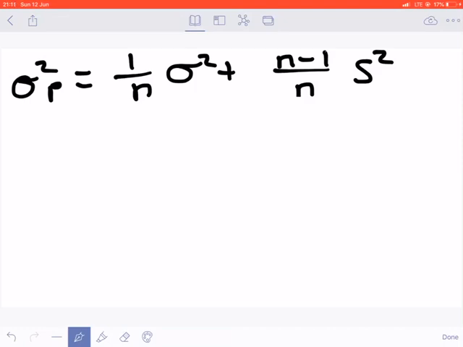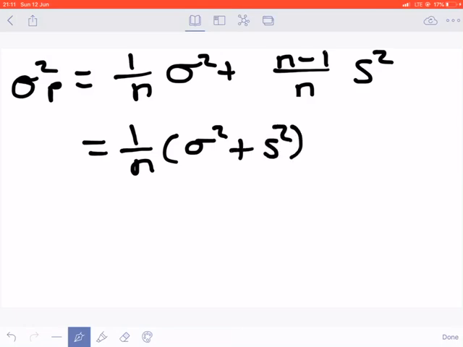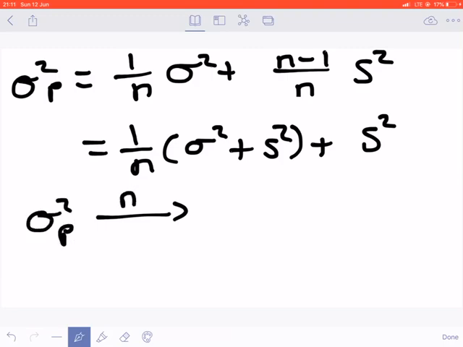If you want to simplify it, you can do this. You can have 1 over n times sigma squared plus s squared, and then you would have the n over n s squared, so you just have the s squared. So as you can see, if you are going to add more and more assets in your portfolio, that is, in other words, as n goes to infinity, the portfolio risk S_n is going to be equal